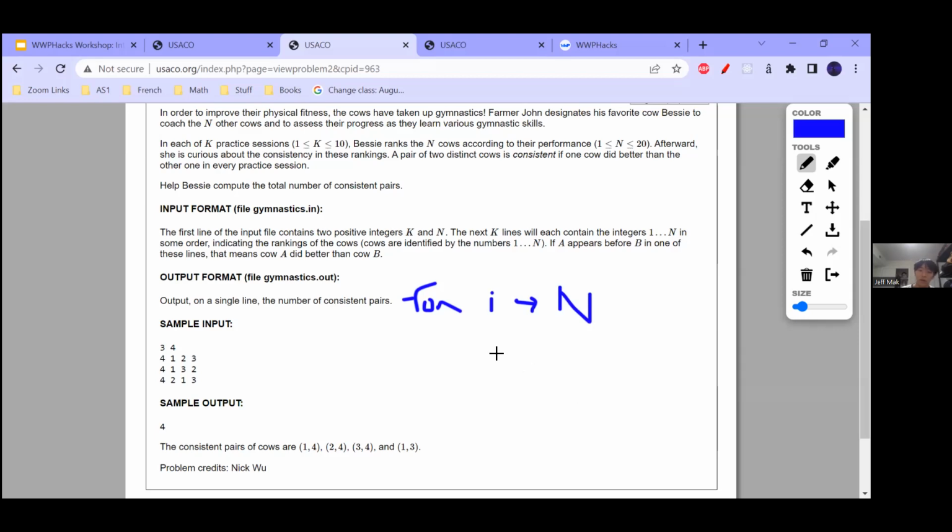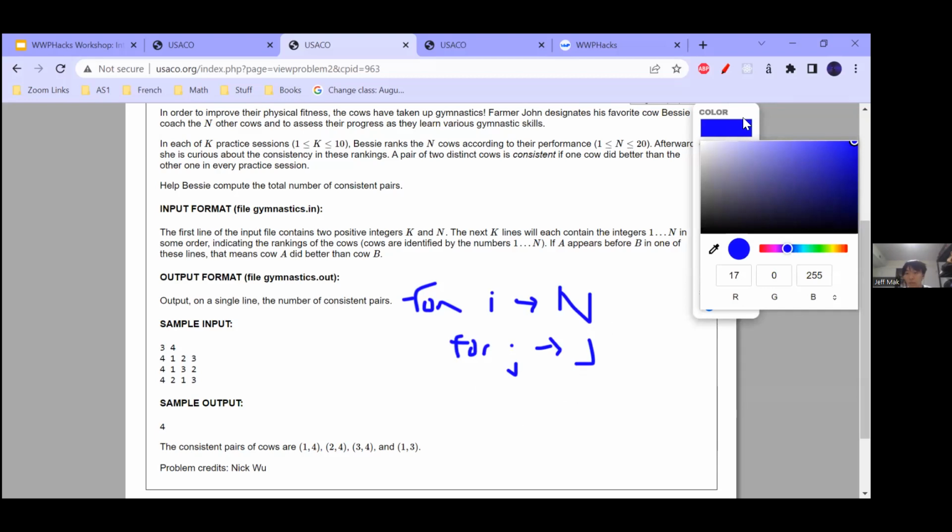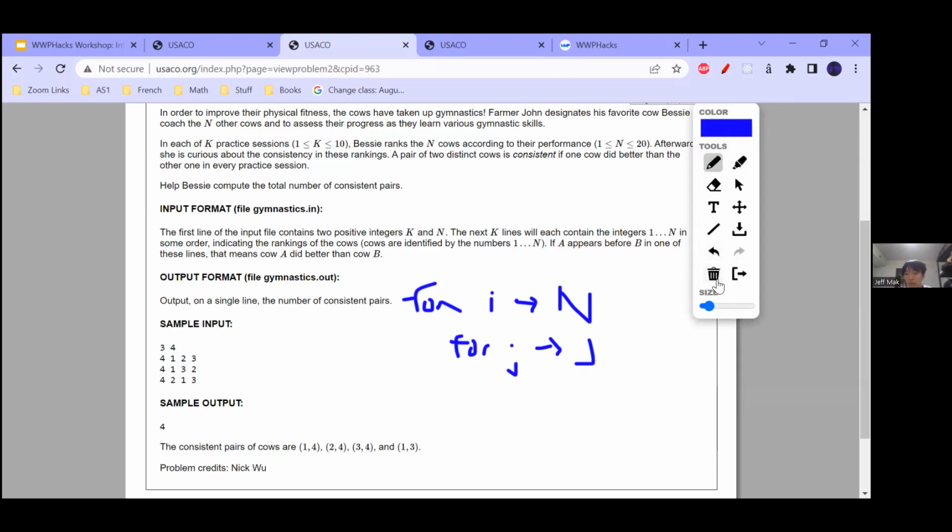Yeah, for i to n, and then you can do another loop inside, for j to n, and then check each case.